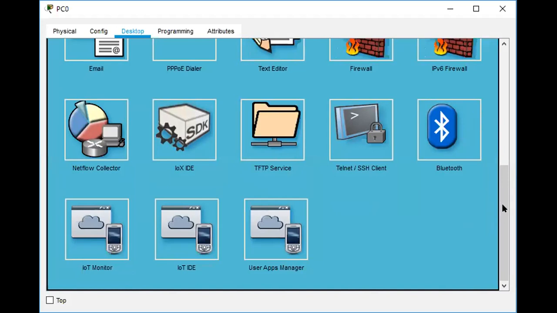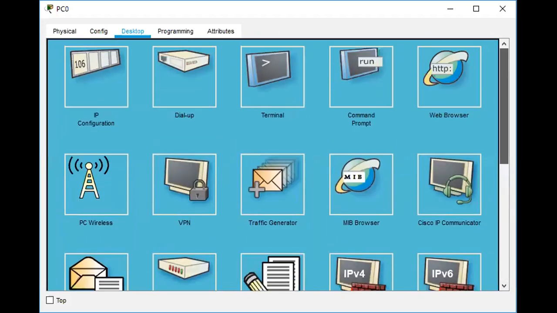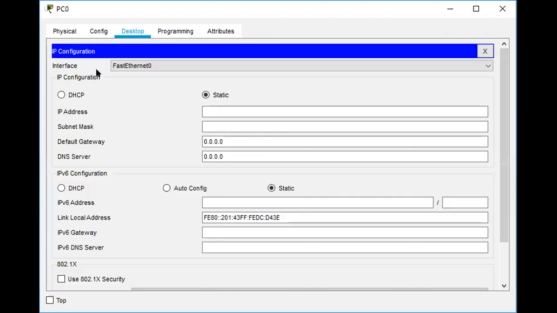Now you have to give the IP address here, so I have given the IP configuration here. In this mode there are two more options. I already told: IP configuration DHCP means it automatically assigns the IP address. I want to give the IP address in a static manner, so I am giving here 192.168.1.1. After entering your IP address, if you click the subnet mask, it automatically shows the subnet mask.